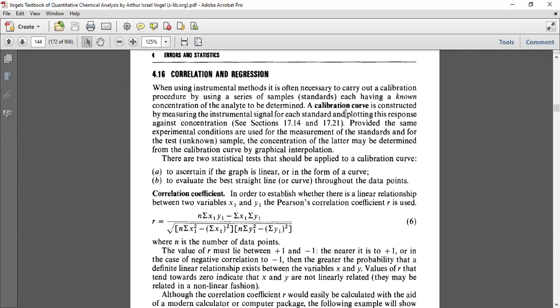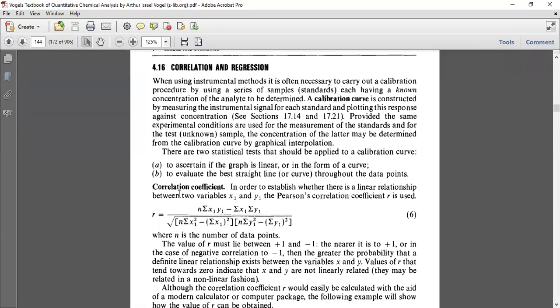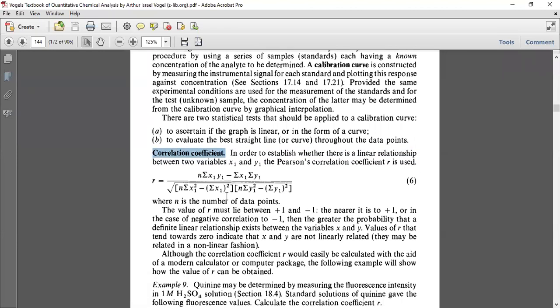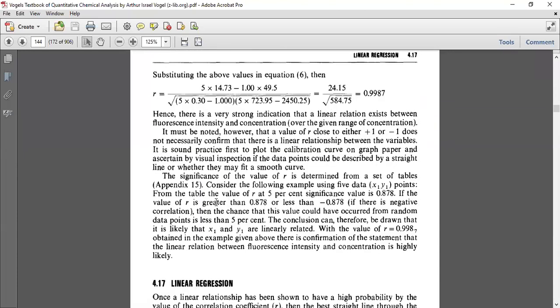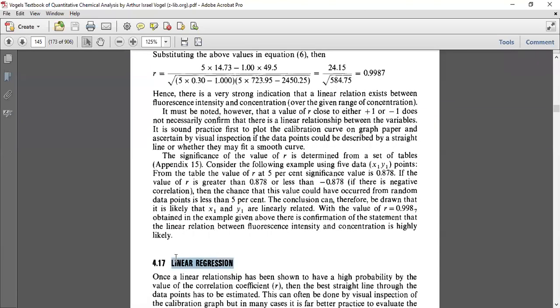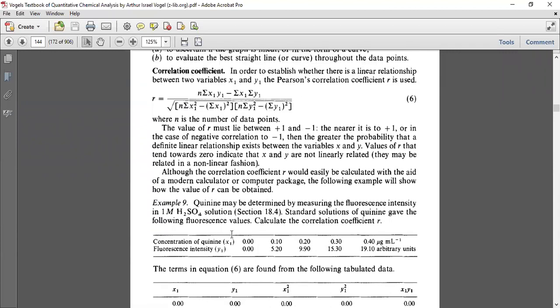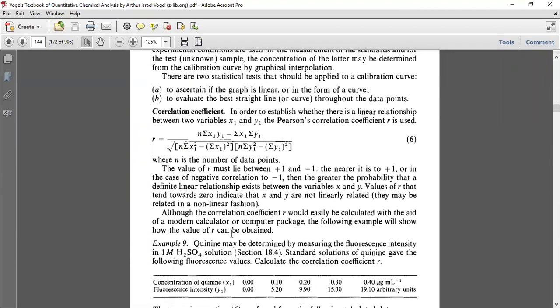Means two tools are there. You can just note down. One is the correlation coefficient, that is the R value, and another you can refer to as linear regression. Correlation coefficient and linear regression, these two tools are there. So just write down correlation coefficient. In correlation coefficient, if you see,